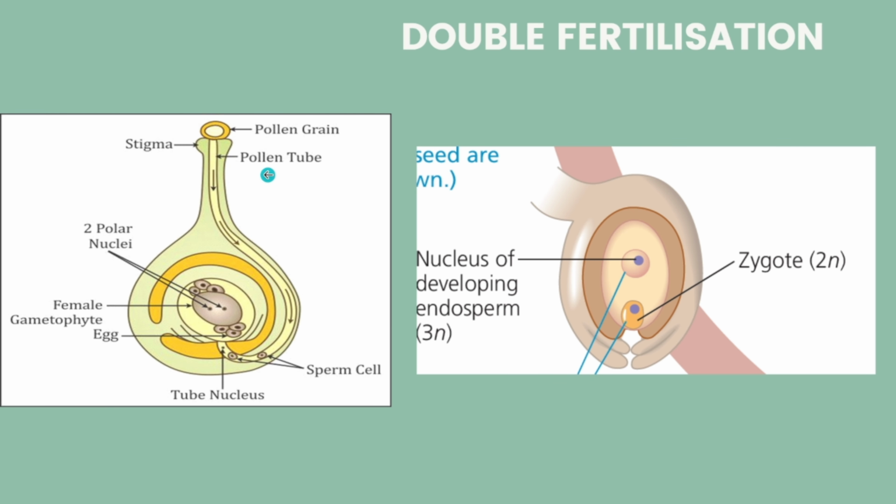Why do we say double? Because fertilization happens twice in plants. First, when the pollen grain is transmitted from the male reproductive organ and adheres to the stigma, this is called pollination. When pollination occurs, the pollen grain starts to absorb water on the stigma